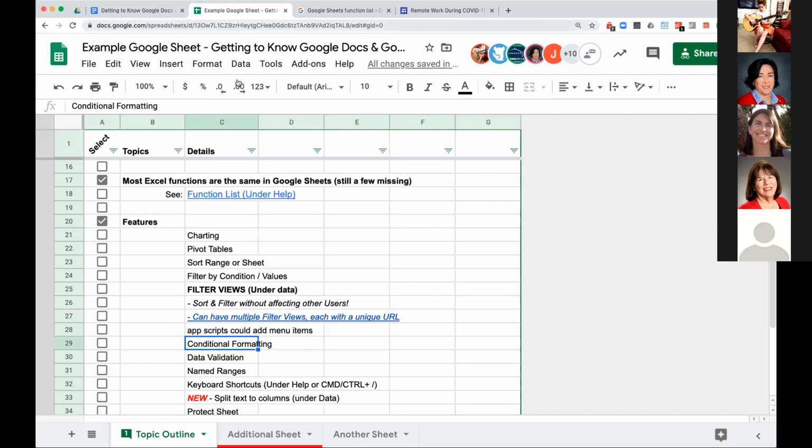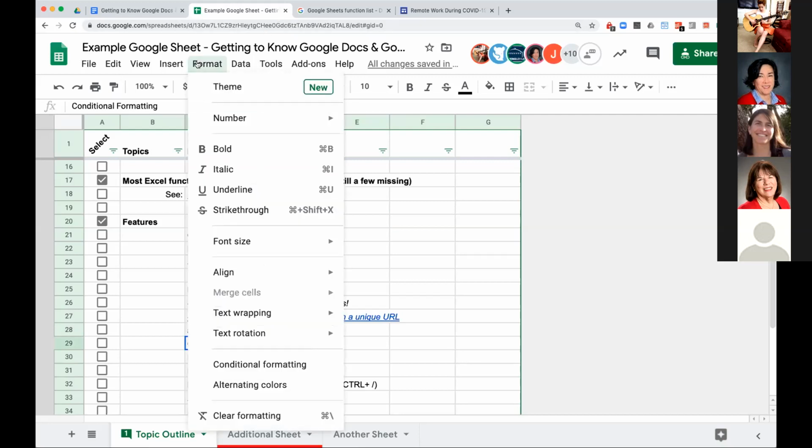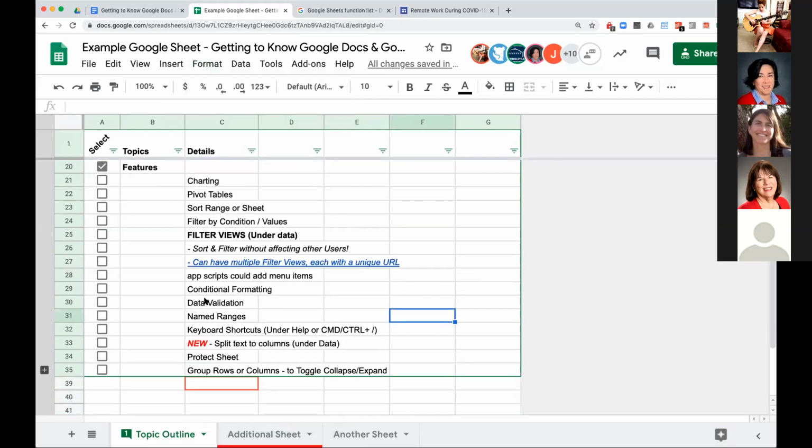So other options you have is conditional formatting. You're probably familiar with that, and you can conditionally format things on values, and that works pretty much the same as it does in Excel. If you're not familiar, and it sounds like something you'd be interested in, like every time a number is higher than 10 to make it red or something like that, you can use that to do that.